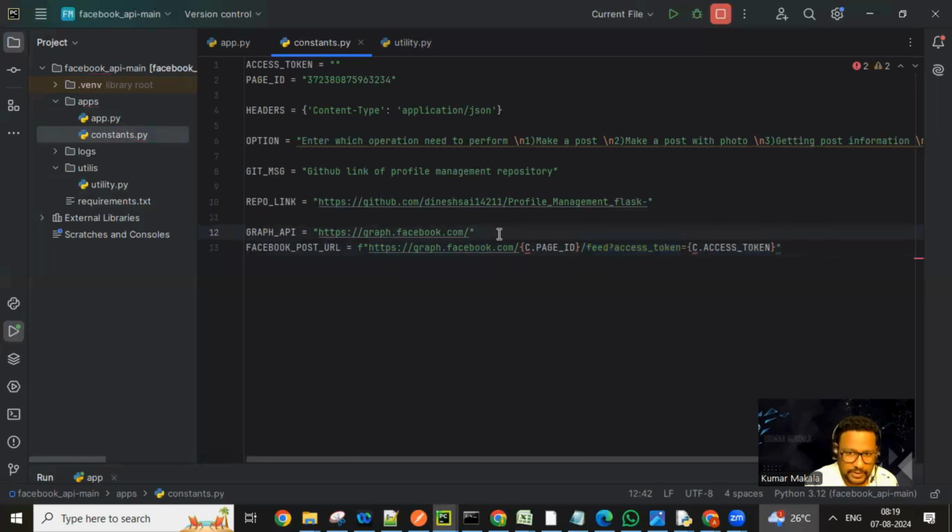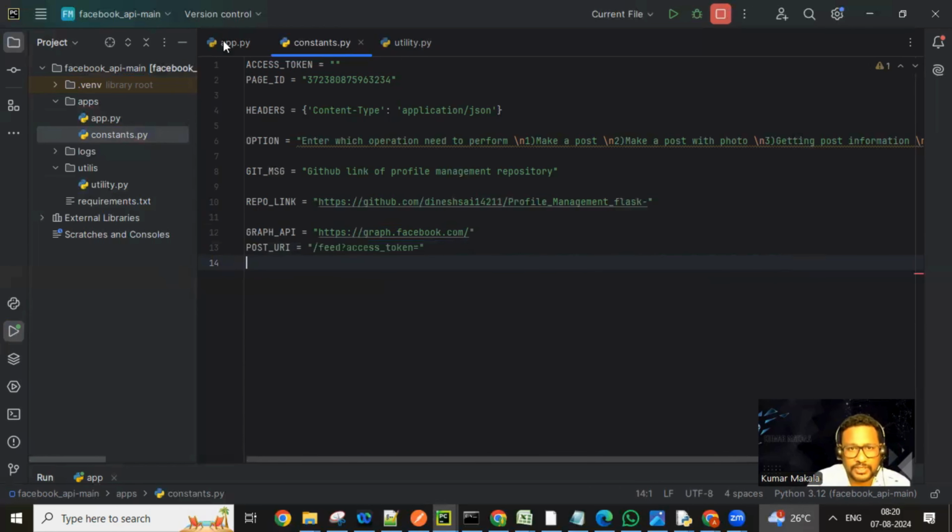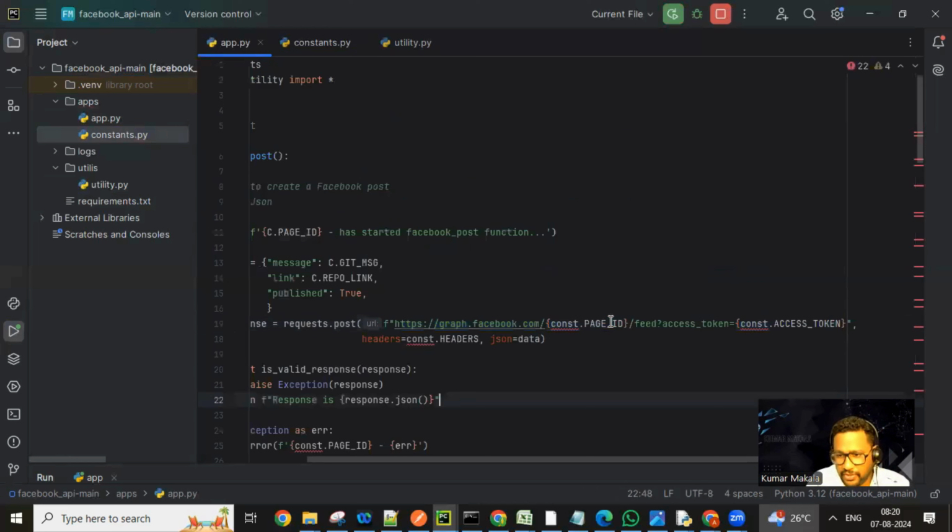You should keep host URI equal to this. You got it? Now you had two parts. One is host details, and the other one is post URI. So since you have both of this information, right? What you have to do is, now when you're constructing it, see, when you're constructing this here, you should not do this. Instead,